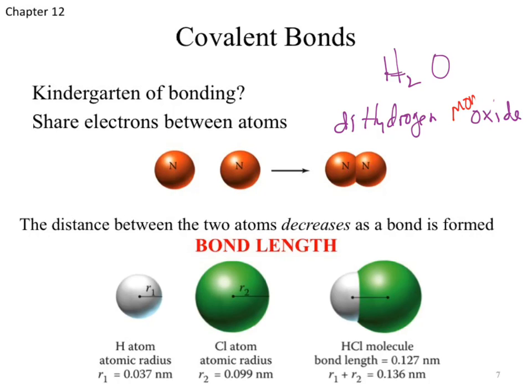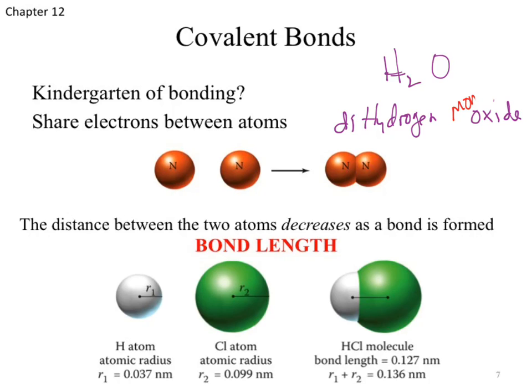But when we make it a compound, now what happens to the distance between those atoms? Okay, in an ionic compound, that distance is equal to the radii of one atom and the radii of the other. In a covalent compound, because they're equally sharing electrons, those electron clouds must overlap with each other. If they overlap, what happens to the distance between the atoms? It gets a little bit smaller.